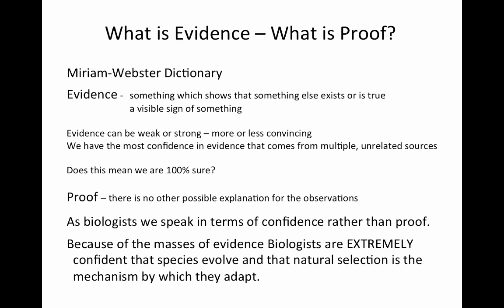Not that we need to throw it out because it was wrong, but it's incomplete in some way. So we can be very confident that species do evolve over time. They are transmutable in that old-fashioned early evolutionary thinking language, and that natural selection is the mechanism by which species